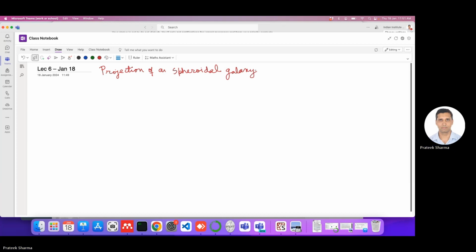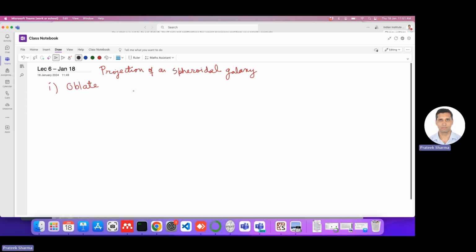In general, an elliptical galaxy you can model as a triaxial ellipsoid. So you imagine an ellipsoid, and the three principal axes have different sizes. But here we are considering a spheroidal galaxy, and the first case we'll do is an oblate spheroid. Okay, so for an oblate spheroid, the equation of the ellipse is, right,